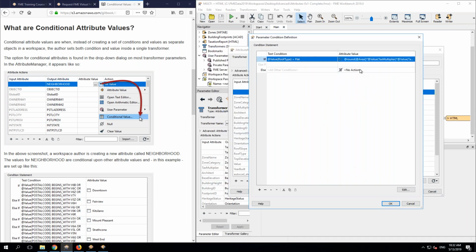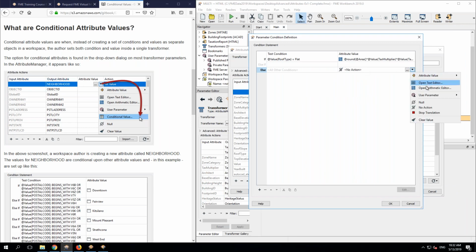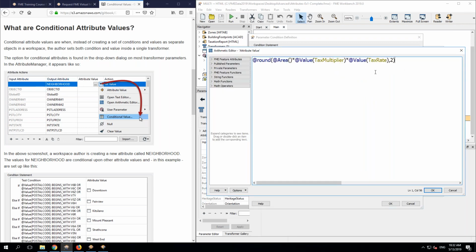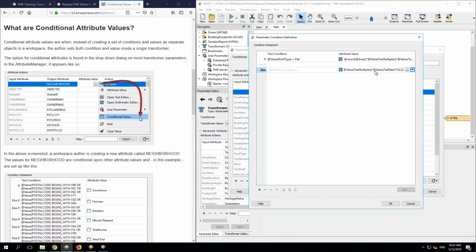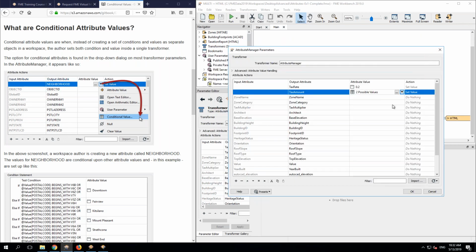And then I can say if it's not flat, the default is drop down, open Arithmetic Editor, that multiplied by 0.9, like so, and click OK. And now it says, oh, well, the tax amount, you've now got 2 possible different values in there, depending on these conditions you set up. So click on the drop down,